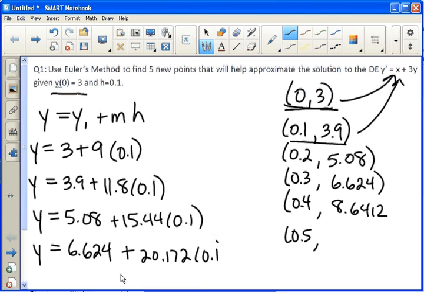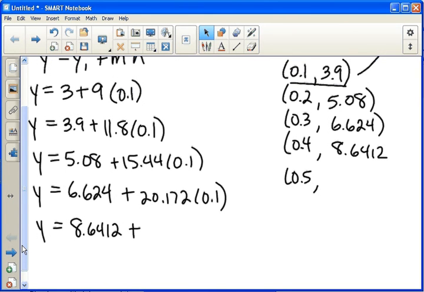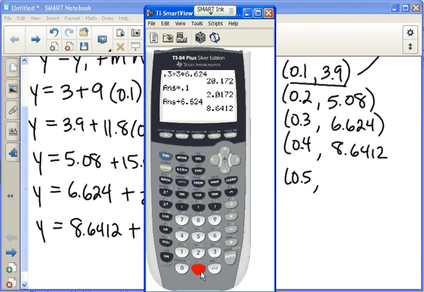Okay, and then one last time we have to do this. Plug in the newest y value, 8.6412. Find the slope, which is 0.4 plus 8.6412 times 3. Plugging it into the differential equation, I get 26 point, let's see, make sure I plug that in right. Yeah, it looks right. 26.3236